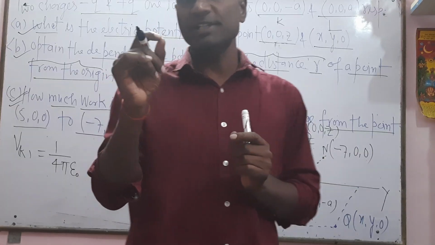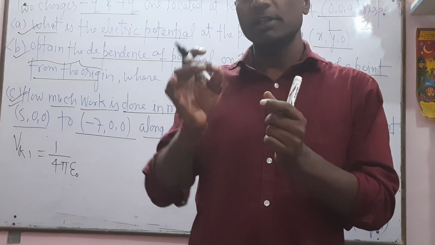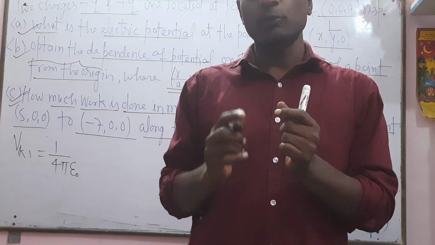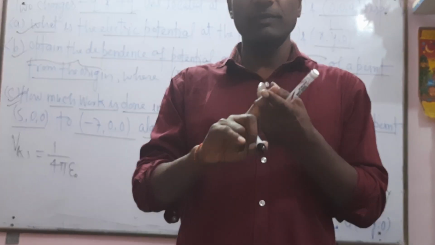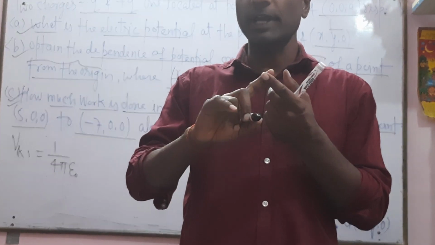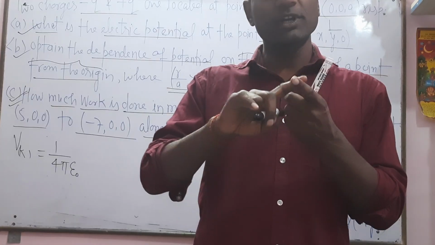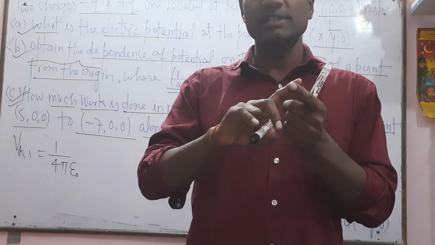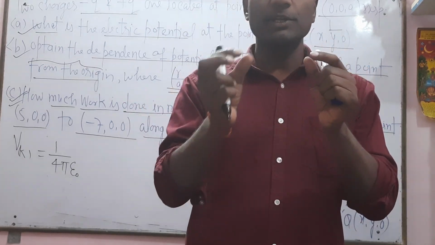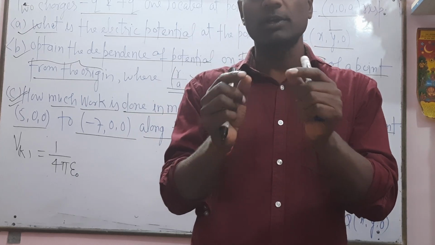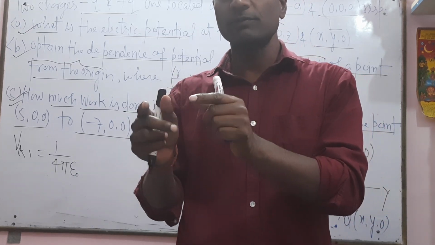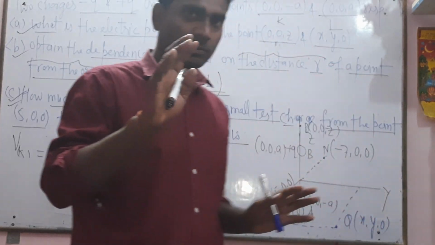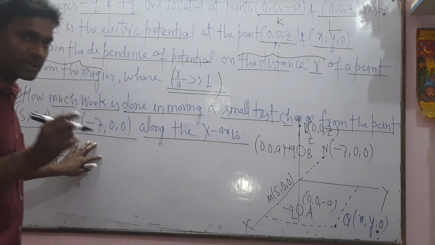Let us suppose 2 plus 3: 2 and 3 are scalar quantities, so you can add them directly. But for vector quantities, let us suppose two velocity vectors, v1 and v2, you cannot directly add them, because we need the angle between v1 and v2. Then the magnitude of the resultant equals root of v1 square plus v2 square plus twice v1 v2 cos theta. Similarly, electric potential is a scalar quantity.